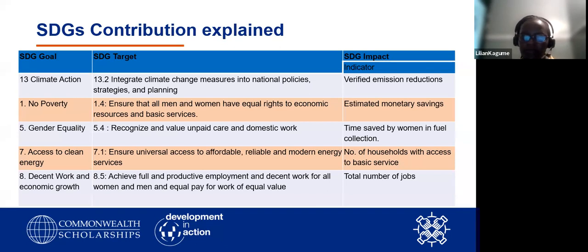For example, let me use the gender equality one. You'll find that most of the projects will tend to monitor the time saved by women in fuel collection, assuming they were collecting firewood in the baseline. For SDG 8, you have to prove that the project is providing equal pay for equal value of work done by both men and women. If you choose that SDG, you'll be required to monitor the total number of